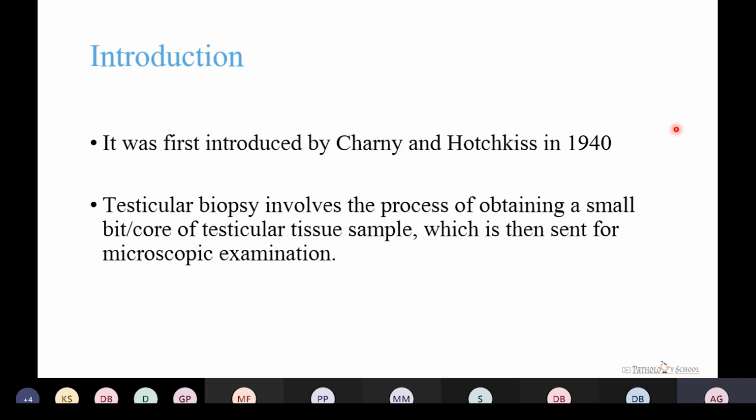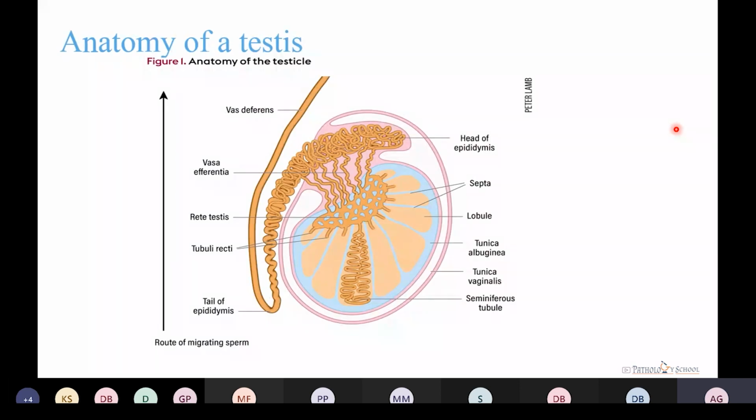It was first introduced by Charney and Hotchkiss in the year 1940. Testicular biopsy involves the process of obtaining a small core of testicular tissue sample, which is then sent for microscopic examination. Before moving forward with the topic of testicular biopsy, let us briefly brush up on the knowledge of